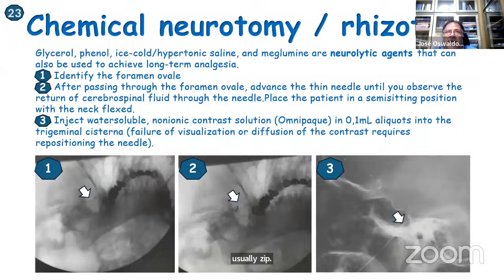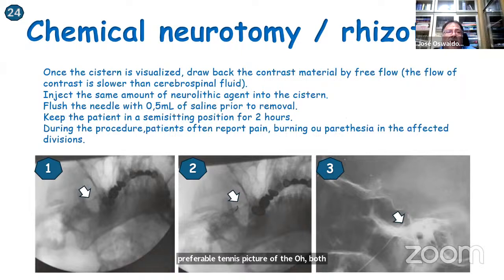Chemical neurotomy of the trigeminal ganglia can also be done by percutaneous puncture of the oval hole. We identify the foramen ovale. We wait for the cerebrospinal fluid to come out. We place the patient in a semi-sitting position with neck and head flexion. We inject contrast in a fractional manner